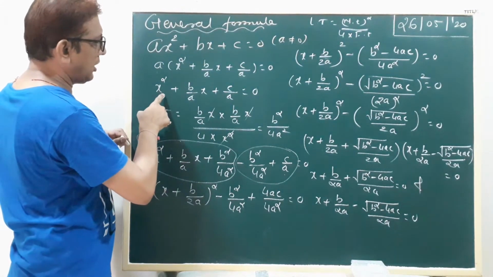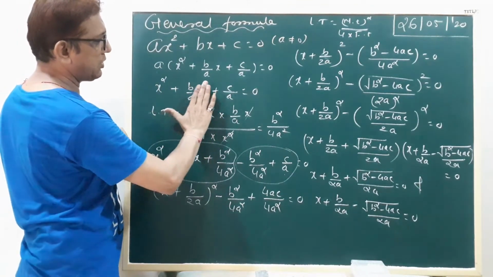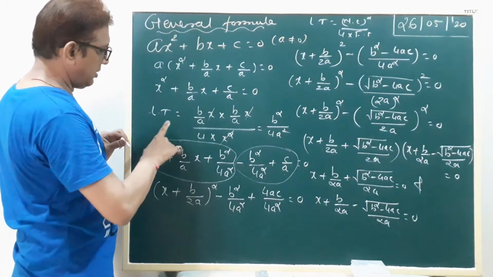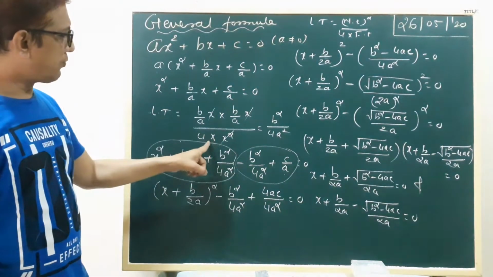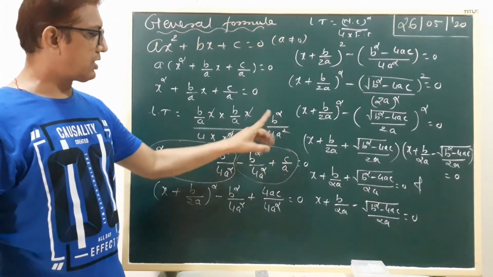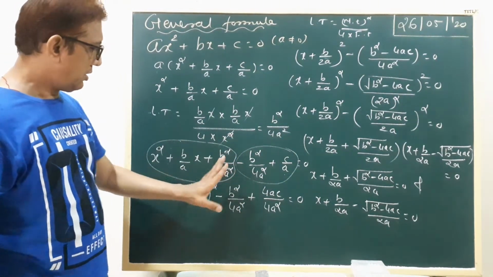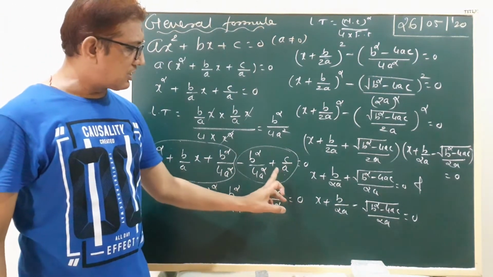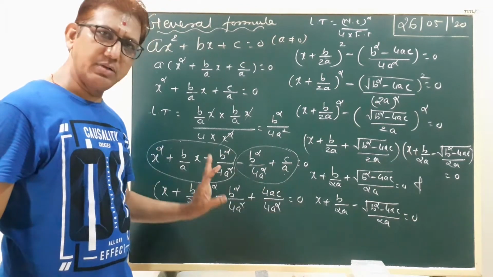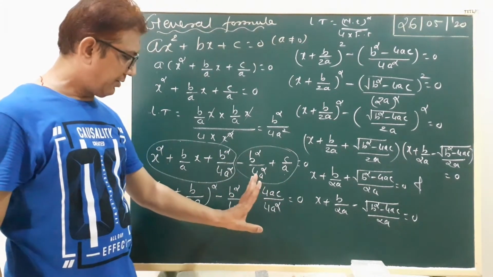Okay? Now we find x square, a is in the denominator: x square plus b upon a into x plus c upon a equal to 0. Now we find the last term by the formula, middle term square upon 4 into first term; our last term is b square upon 4a square. We add b square upon 4a square and minus b square upon 4a square. Now the first three terms are a perfect square, and we arrange the denominator in the last two terms. We try to get the same denominator, so here multiply by 4a divided by 4a.